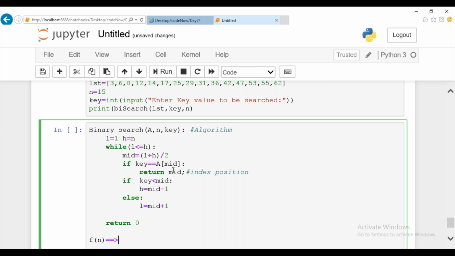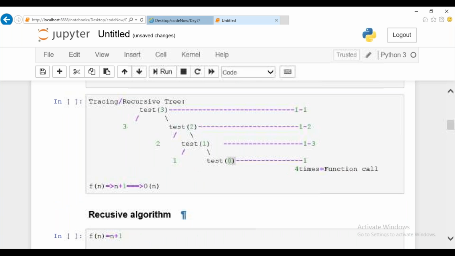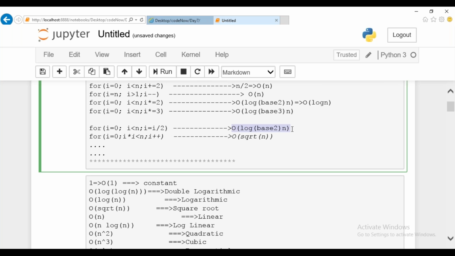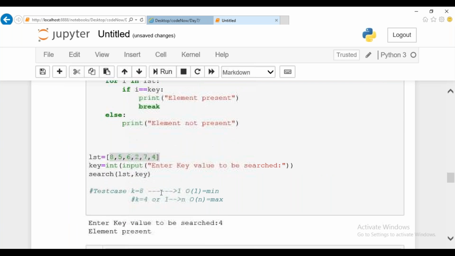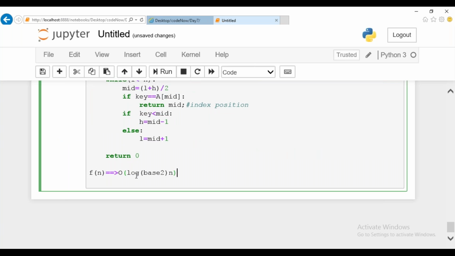What did we say at the beginning? n by 2 times, ma'am. So for n by 2, what is the order we got already? Big O of log n. So we can write this complexity as big O of base 2 log n, which can be written as big O of log n.